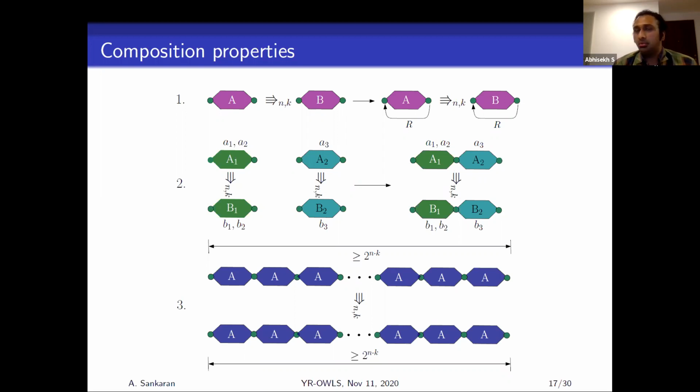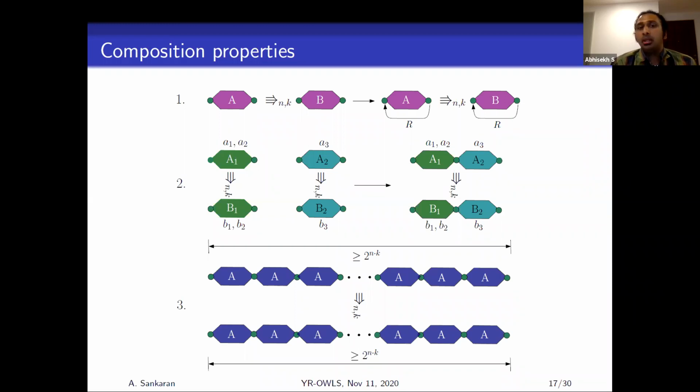In fact, it's not really a composition property. The composition is really spoken about in the second and the third properties. But this is an important fact which we'll use. The second property basically says if you have structures A1 and B1 with elements little a1 and a2 chosen in A1 and little b1 and b2 chosen in B1, and suppose it is the case that the structure (A1, a1, a2) is ≡_k related to (B1, b1, b2). And suppose on the other hand, if you have two structures A2 and B2 such that A2 with a choice of an element a3 in A2 is ≡_k related to B2 with a choice of an element